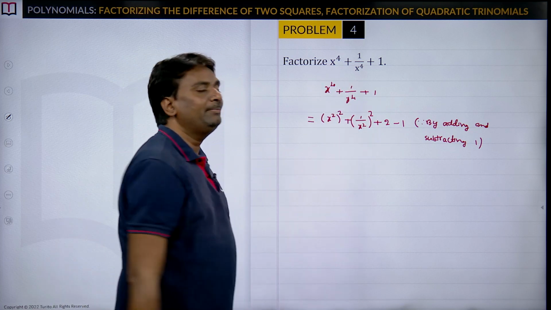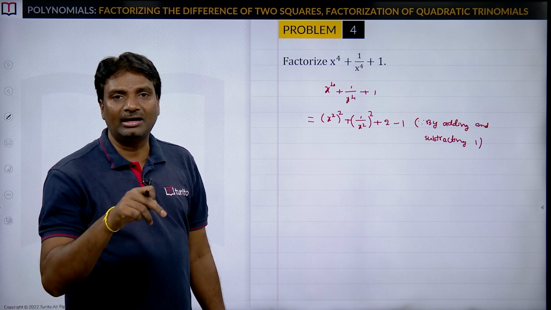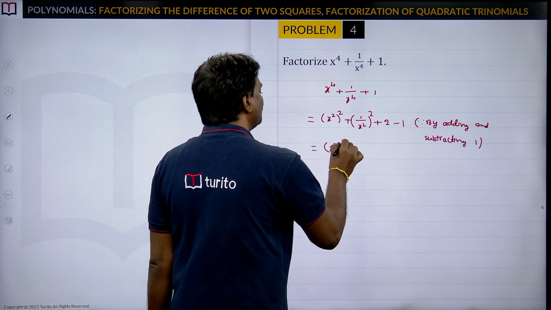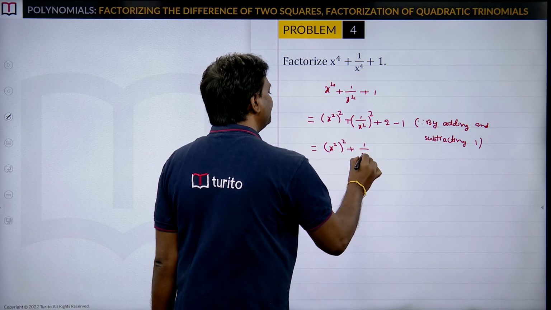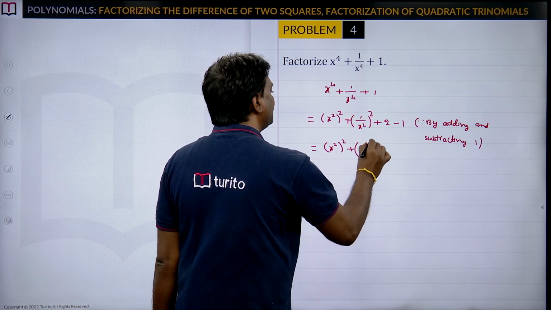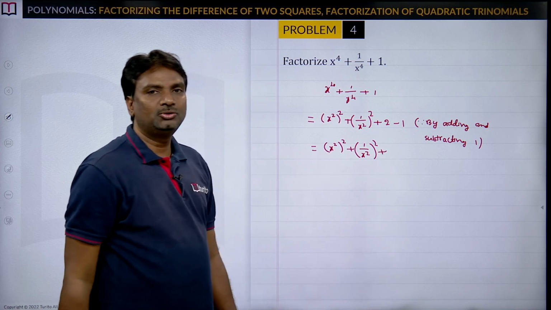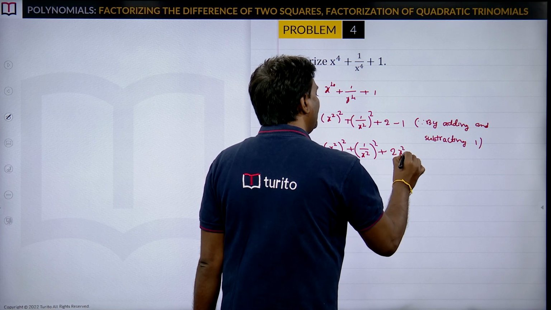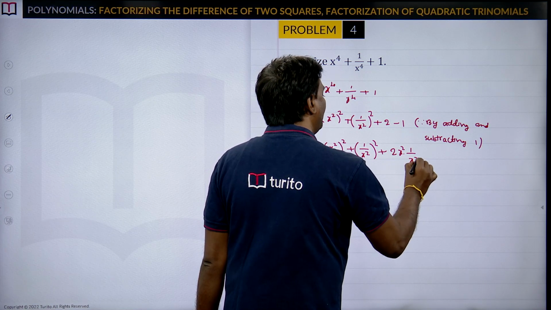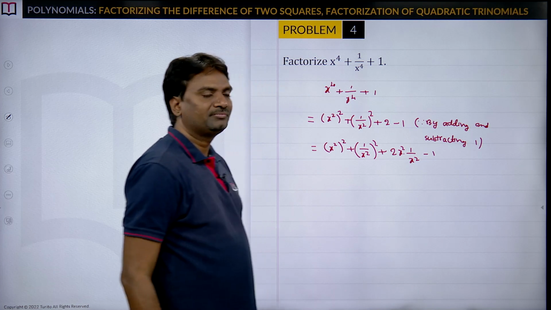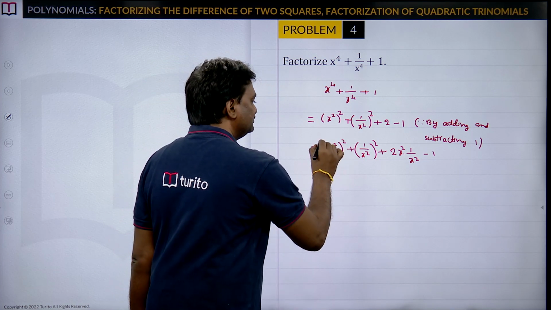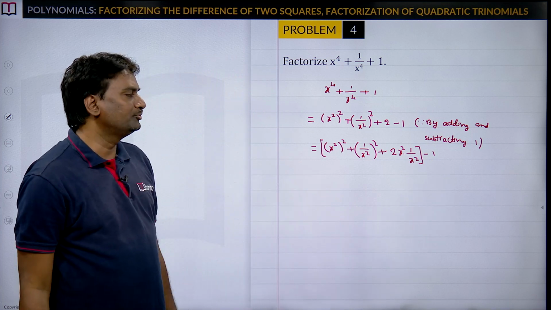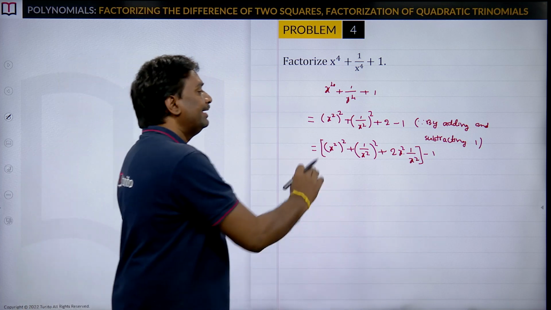Again here 2 can be written as, by dividing and multiplying by x square, we can write x square whole square plus 1 by x square whole square plus 2 is there. By dividing and multiplying by x square, 2 into x square into 1 by x square minus 1. Now, if you take the first 3 terms, x square plus 1 by x square whole square plus 2x square into 1 by x square,